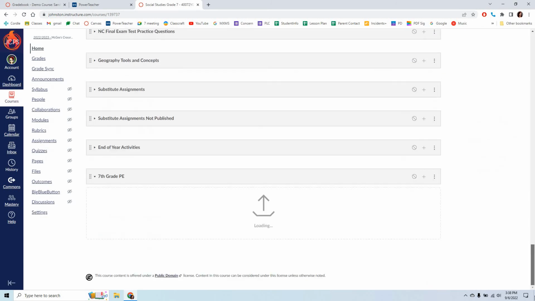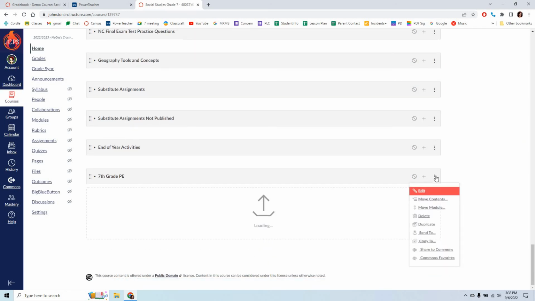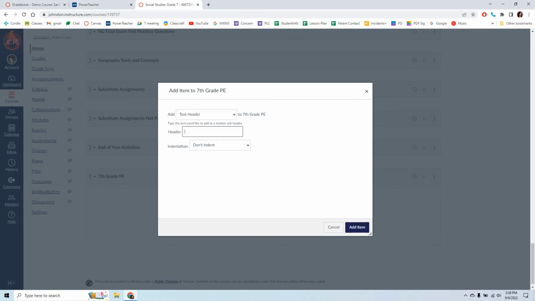It's going to be at the bottom here. Then what I'm going to do is, because I might want different units, right? So I'm going to add a text header. So let's say I want it to be, I don't know, CPR maybe, and maybe I did to 1 level,